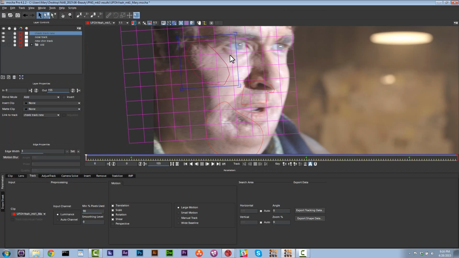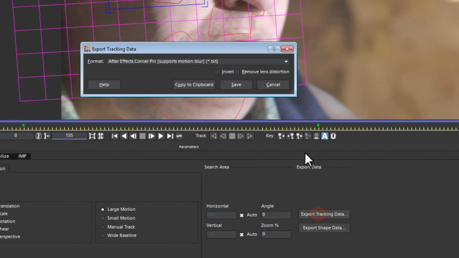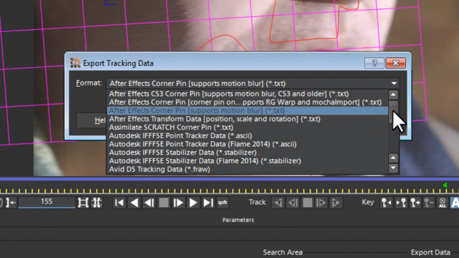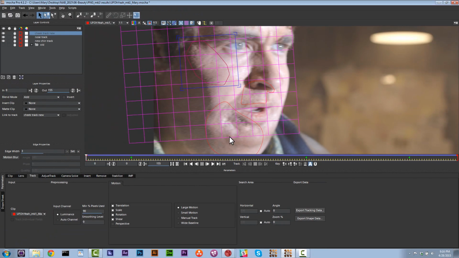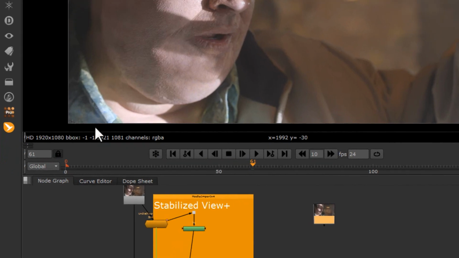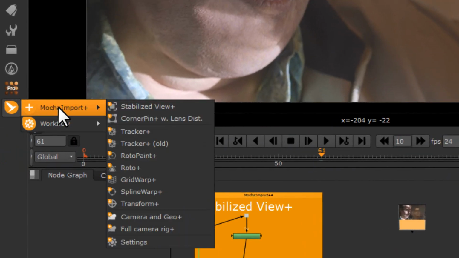In Mocha Pro, we're going to select our cheek track right here. Now we're going to go to Track, and then Export Tracking Data, and we're going to do Nuke Corner Pin, just like this. And we're going to copy that right to our clipboard. Back in Nuke, we're going to select mochaImport Plus,